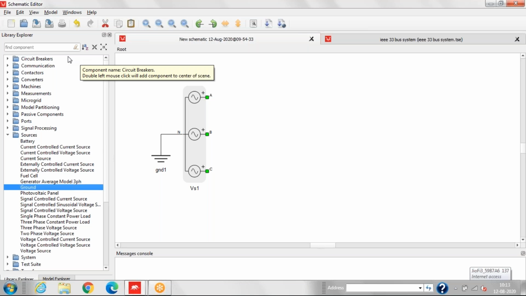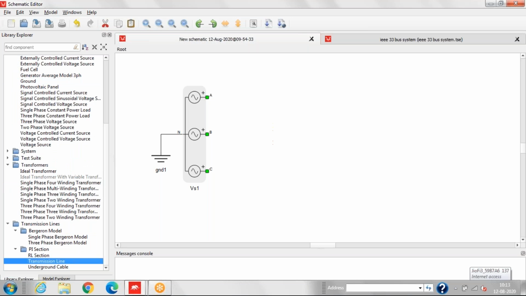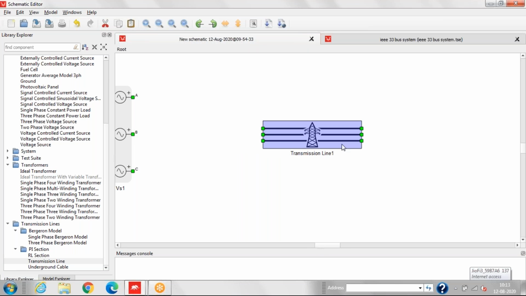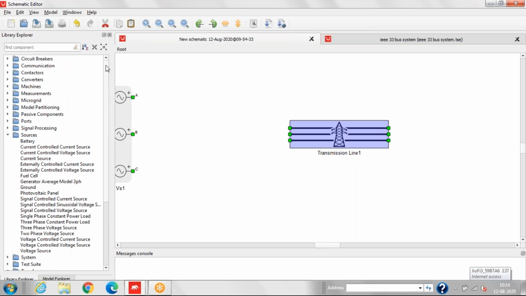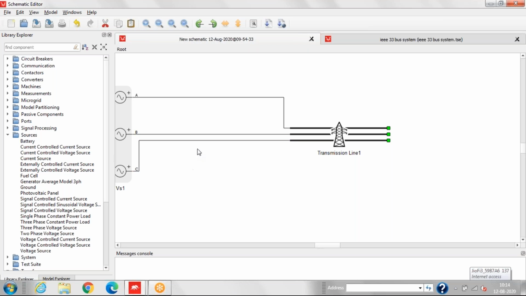Now we'll take one overhead line. Now we'll connect this overhead line. So we have connected the overhead line.